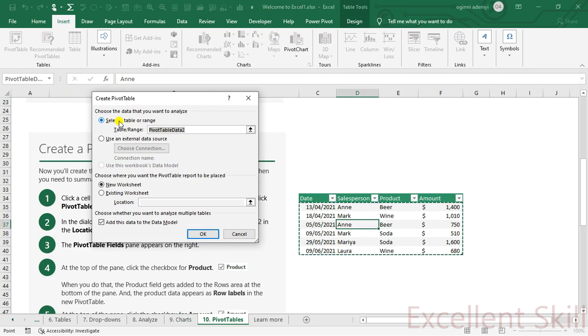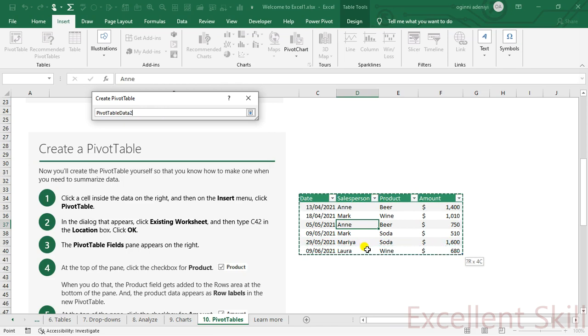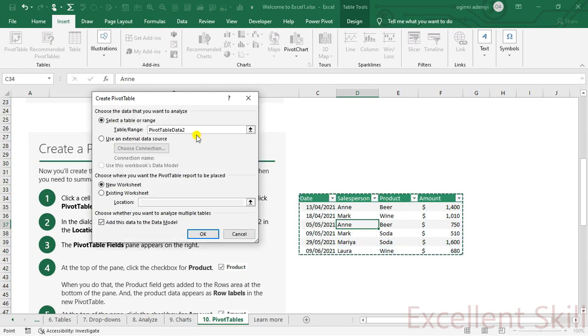Once you are in your pivot table, look at the range. It has selected that for us, but now it is wrong. With this, we can select ours properly. Or just click here, then Control A. You see that, Control A.